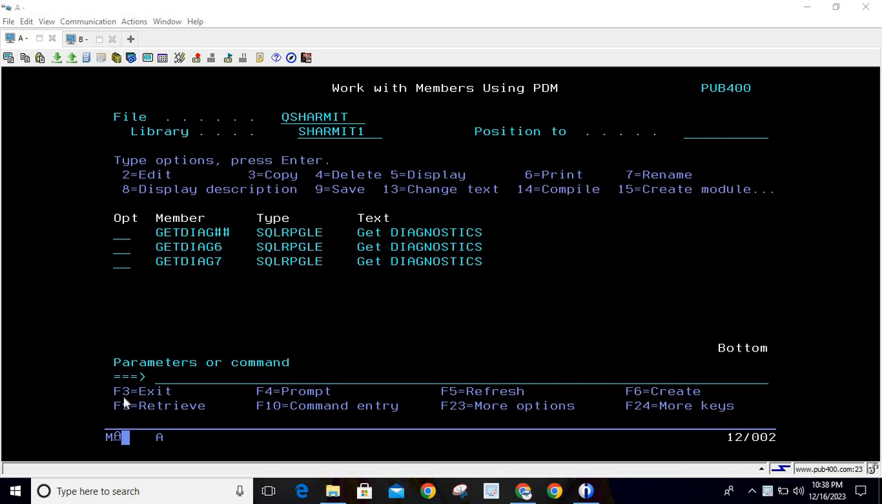Tech Sharmit. In this session, we will discuss another scenario for Get Diagnostic. Mainly, we are going to discuss a process through which we can retrieve the SQL state value through Get Diagnostic